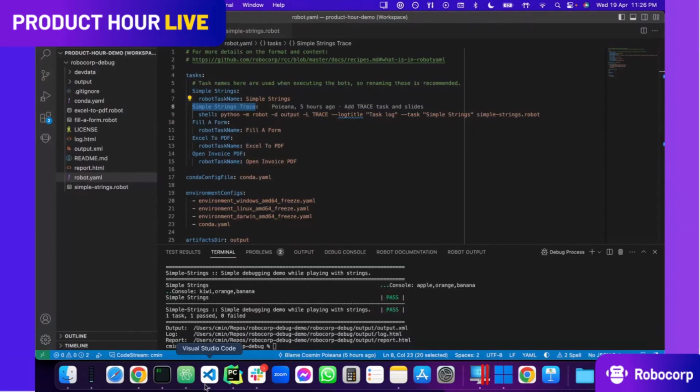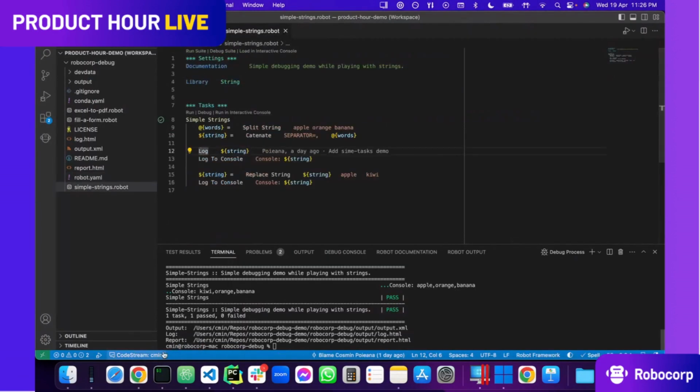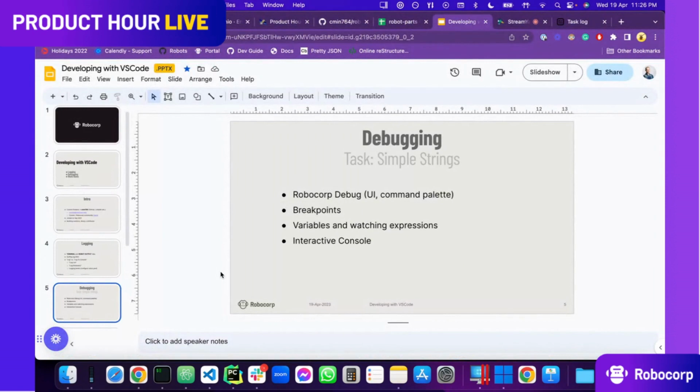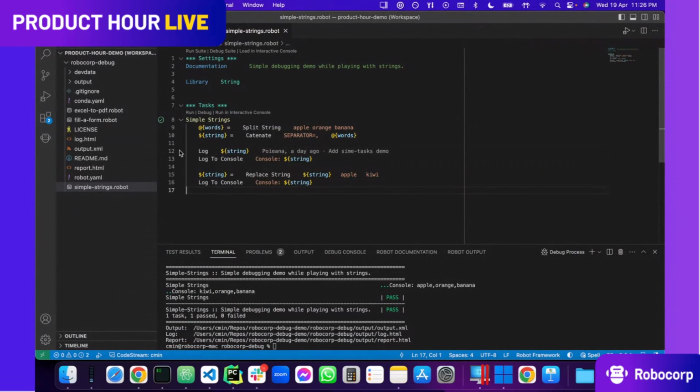Nothing too crazy here. I'll jump now to the next thing, which is maybe what you're interested in mostly. It's the debugging, and how you can gain some speed when you're developing a bot, not just debugging it. So I'll run the same example again, but this time I'll be putting a few breakpoints. You can do that right in VS Code by clicking this red dot over here. And I'm purposely putting those over the log to console just to stop the execution here.